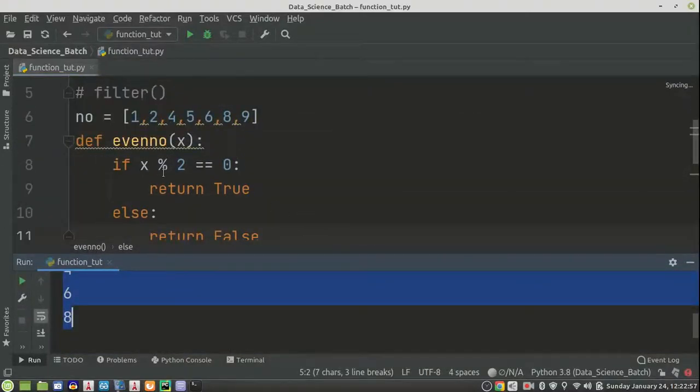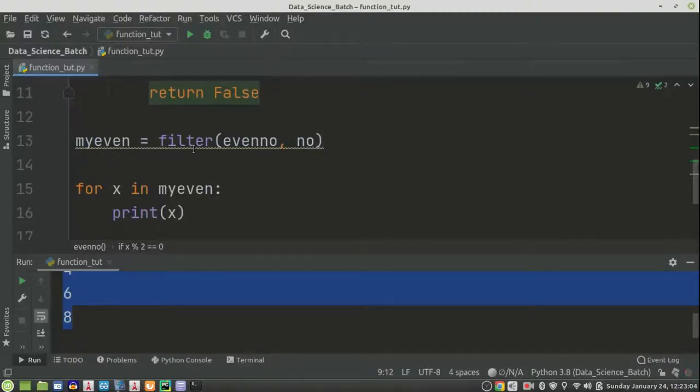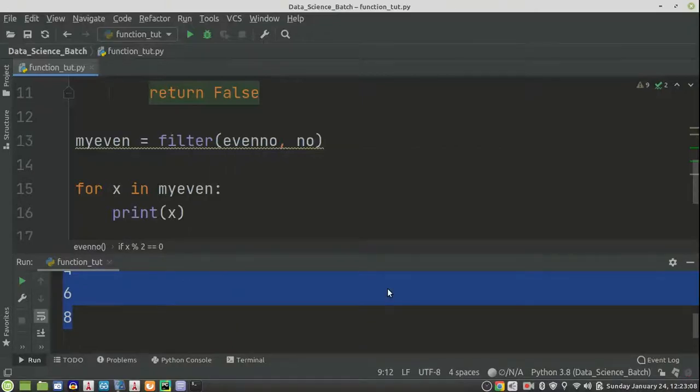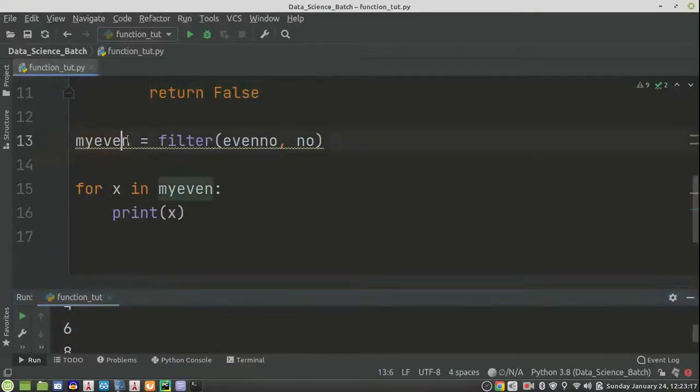Now the question is, it can also do the same thing if we write a print statement here. But no, the filter function returns an iterable where the items are filtered through a function to test if the item is accepted or not. If the item is accepted, then it will store the value. So in this object, we are storing only those values which are accepted, and that's why with a for loop we succeeded in printing all these things.